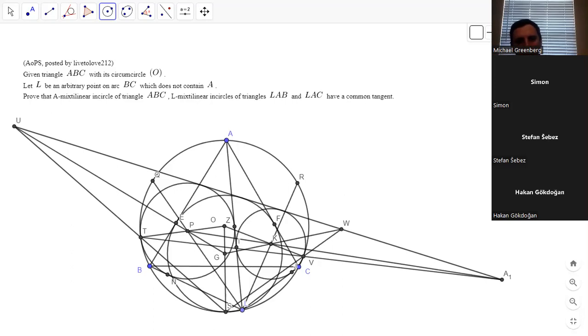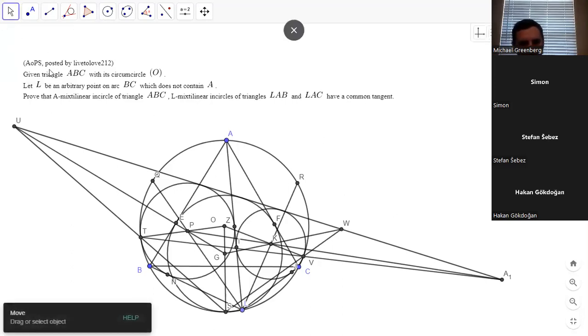We could try to calculate. So here's one idea. We could try to calculate the angle that